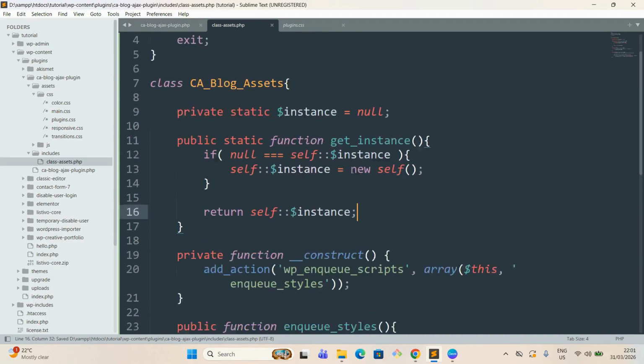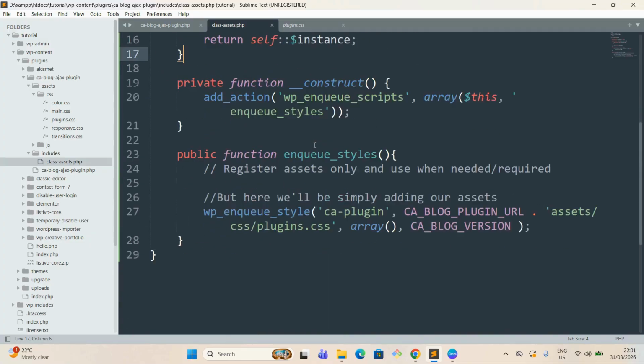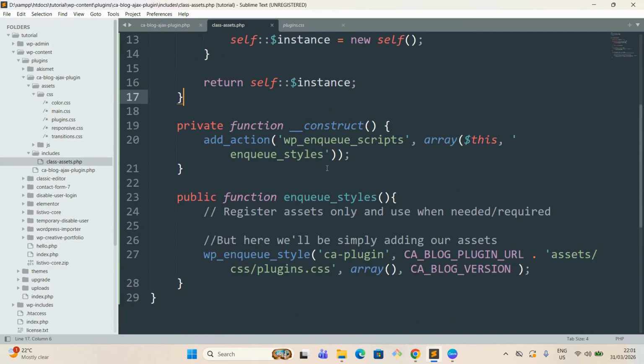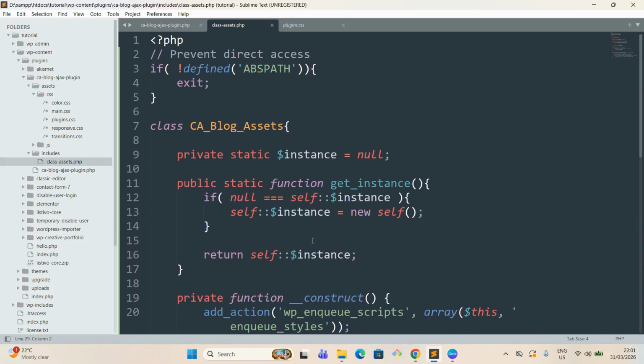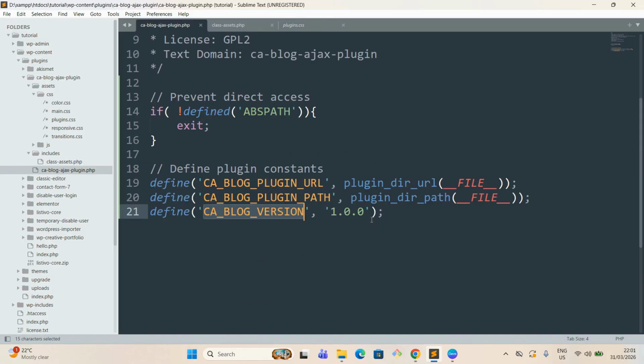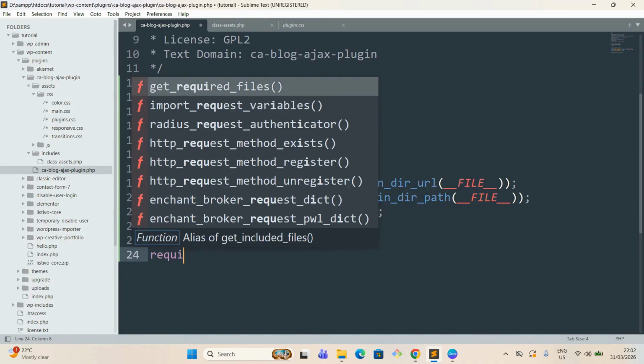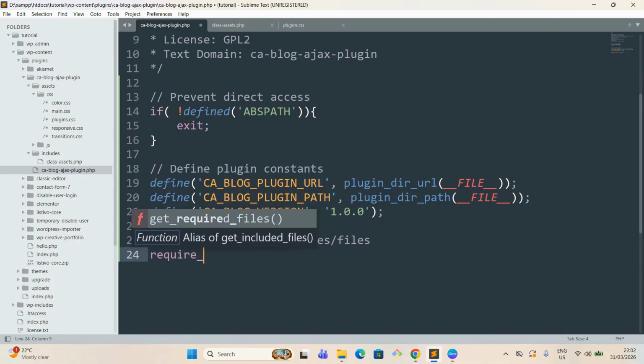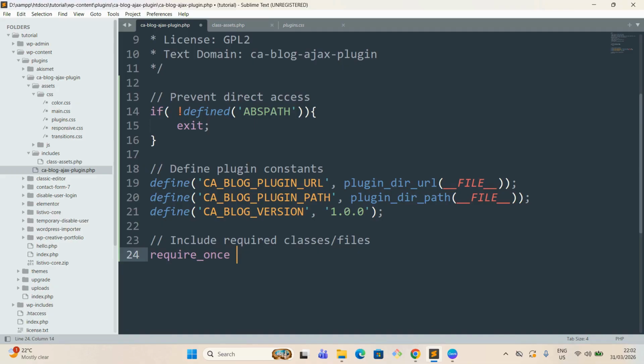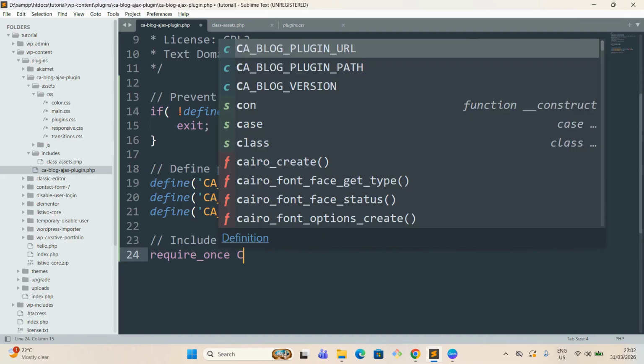All right. So we have covered how to create our instance, and now how to create an object or how to get an instance of this class. For that, we can simply include our class here in our main plugin. Exactly, like I can say include required classes or files. So here we can require our files, so we can use require_once. So the path of our